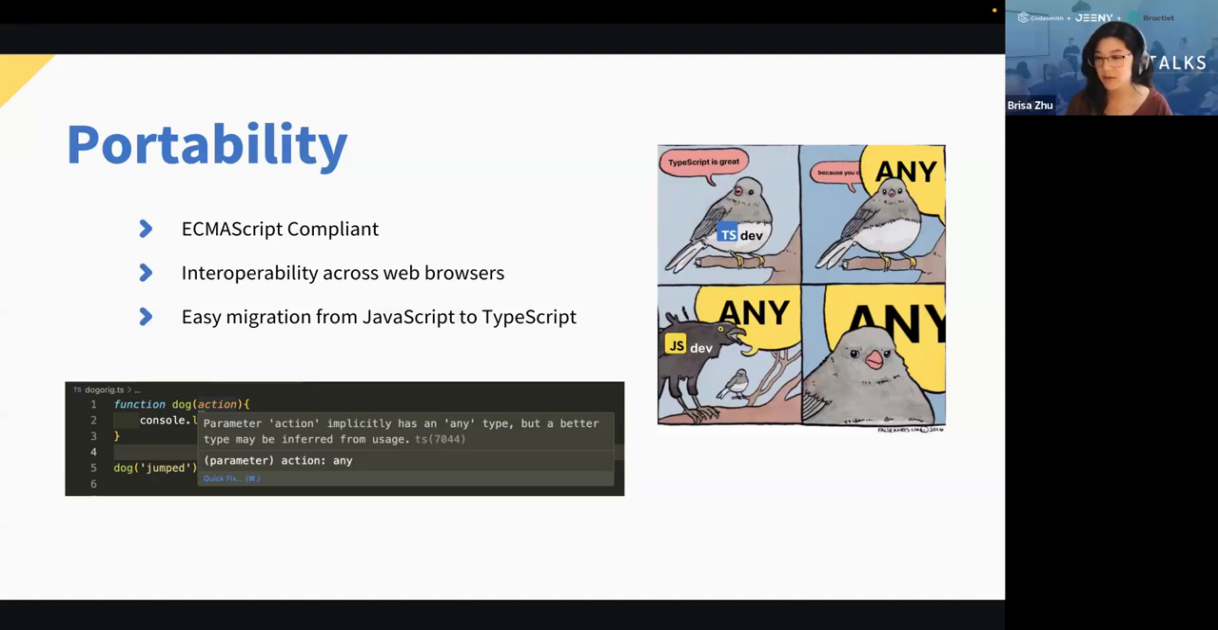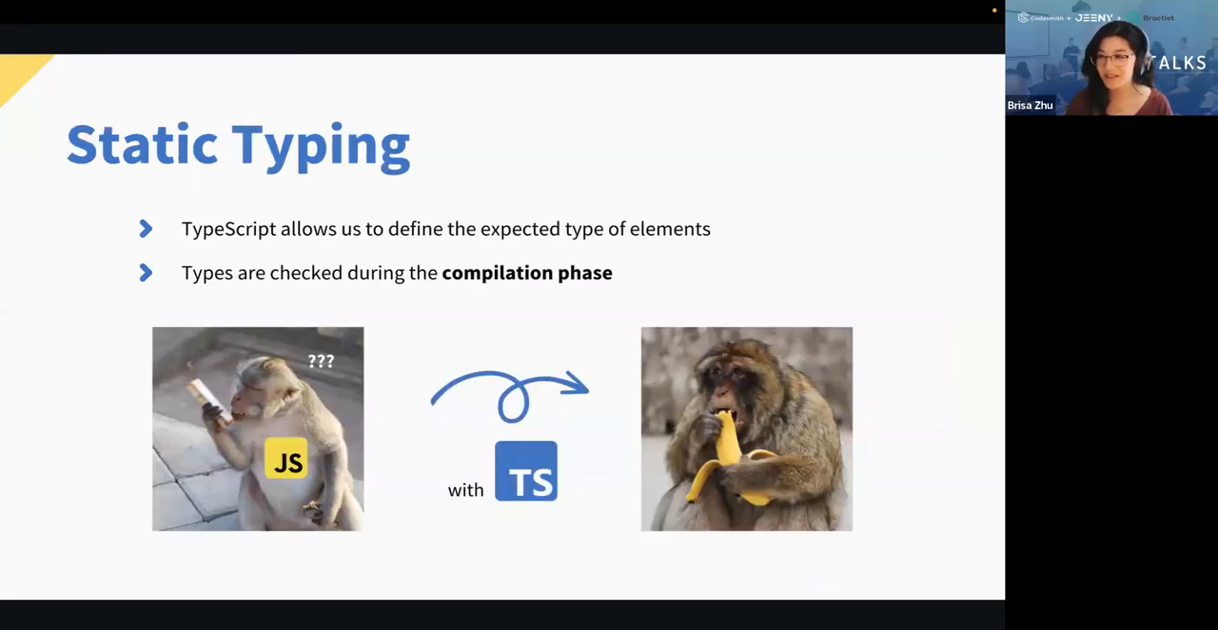During migration, TypeScript will automatically assign variables and function parameters to the any type with type inference, as you can see in the example below. However, it's important to later properly define types in your code in order to fully utilize the capabilities of TypeScript. And speaking of types, let's use a monkey and banana analogy, my favorite type of analogy, to compare JavaScript and